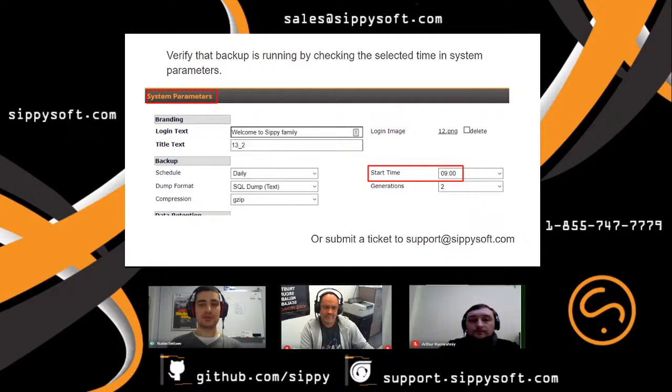The backup procedure requires a lot of CPU time, so you should switch it to your off-peak time frame only. It cannot be launched during your peak hours. And of course, you can create a ticket to us.